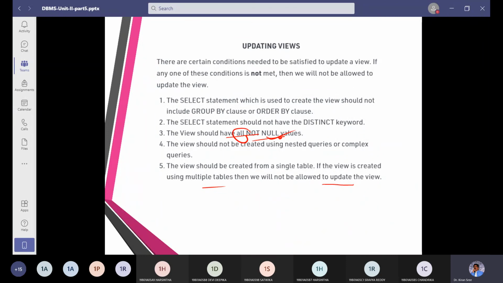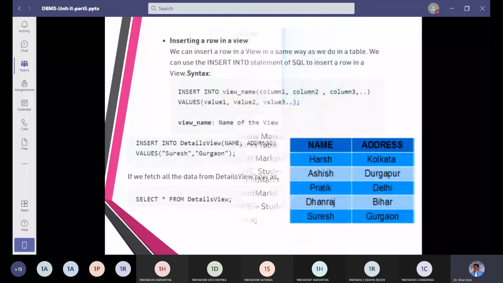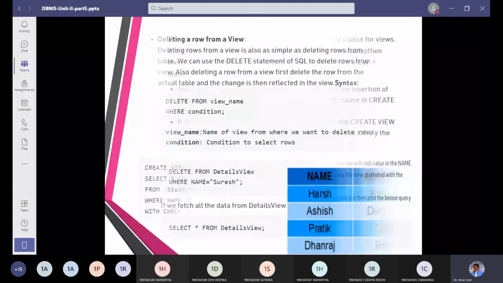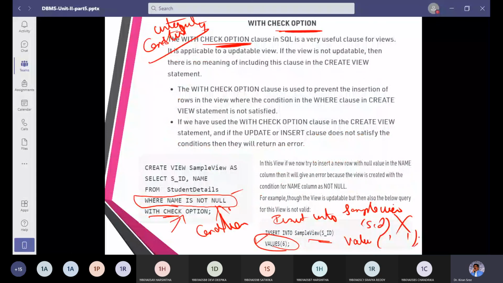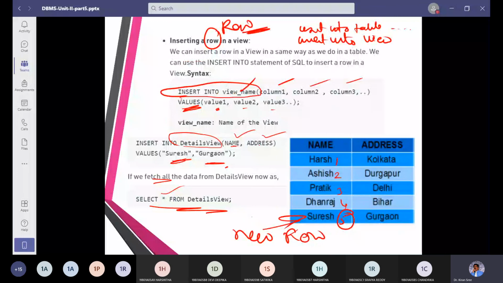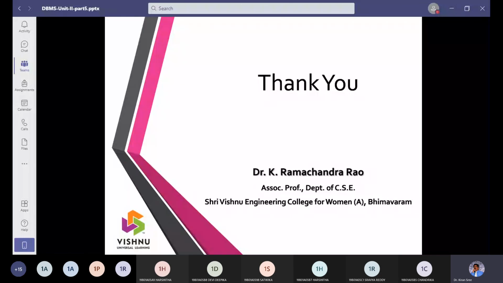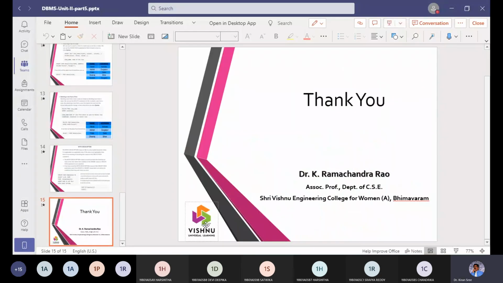The other operations will be updating a view, inserting into a view, deleting from a view, and finally putting an integrity constraint over a view. So insert operation, delete operation, drop operation, update operation. These are the different operations we can perform on a view.